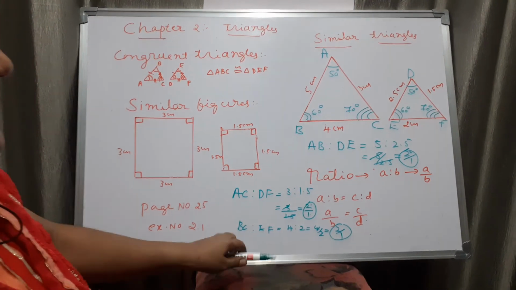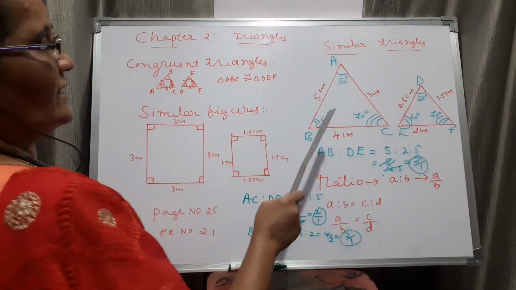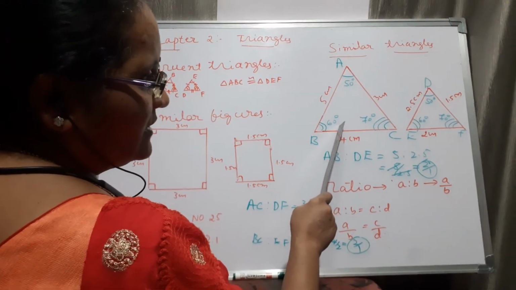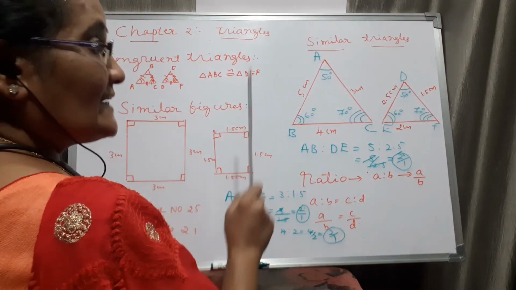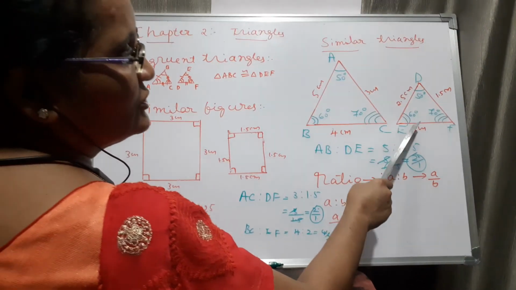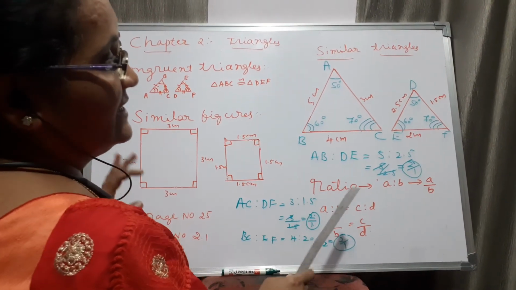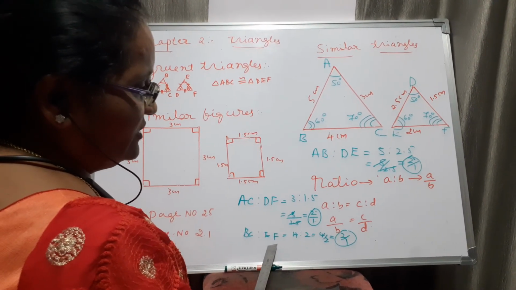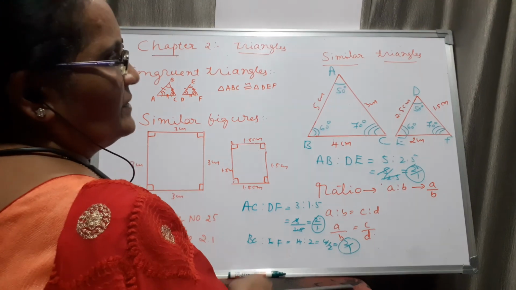See here, I am telling about the ratios now. I already explained that one. In these two triangles, angles of one triangle are equal to the corresponding angles of the other triangle. This is the first point. The second point is, sides of one triangle are proportional to the corresponding sides of the other triangle. AB is to DE is equal to AC is to DF is equal to BC is to EF, because 2 by 1, 2 by 1, 2 by 1. Therefore, this is the meaning of similar triangles.